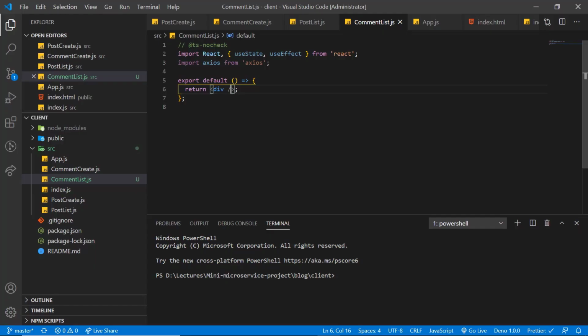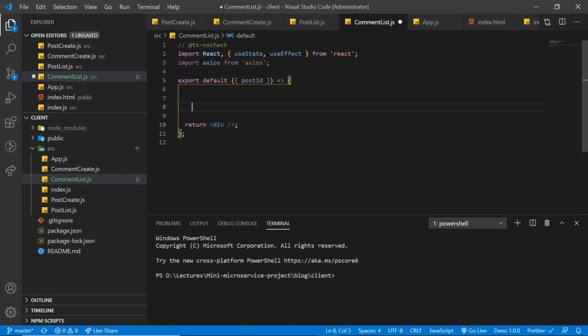Now I am again back inside VS Code. Here let's again assume that this component will receive a post ID as a property. This is what we are going to receive here. Then inside this function, we can write some logic to fetch some data, set it on state, map over that state, produce a list of comments and display them to the user. So this is what we are going to do here.